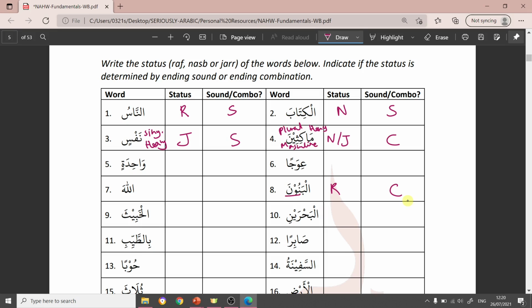It's dual. Well, I mean, it's plural. Okay, plural and heavy and it's masculine. Good. Okay, the word sabiran, number 12. This one is nasab. Yes, it's nasab and it's sound. Some people could get confused and say that this is a rafa, and it's a